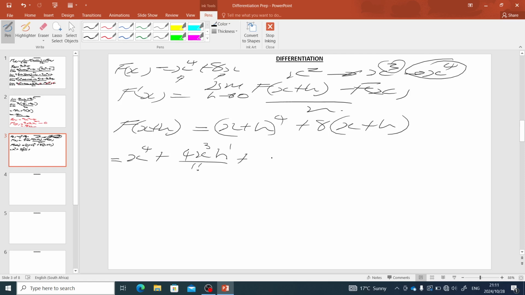Then the third term would be 4 multiplied by 4 minus 1, isn't it? Multiplied by x to the power 4 minus 2, multiplied by h squared, divided by 2 factorial, plus